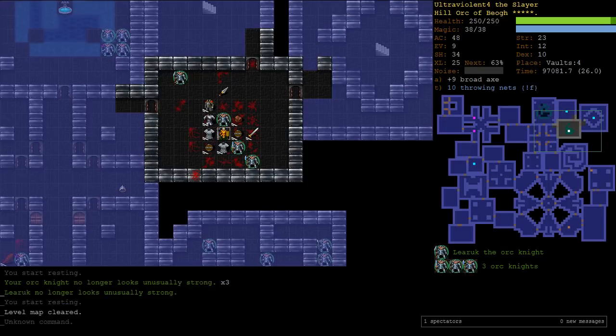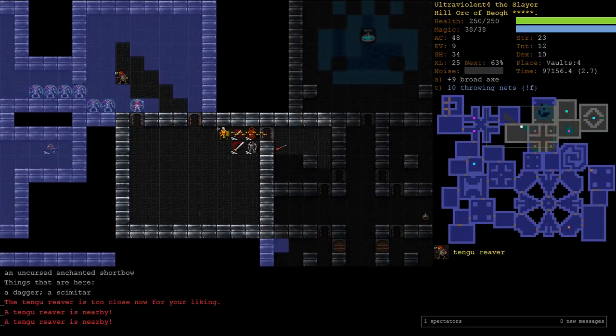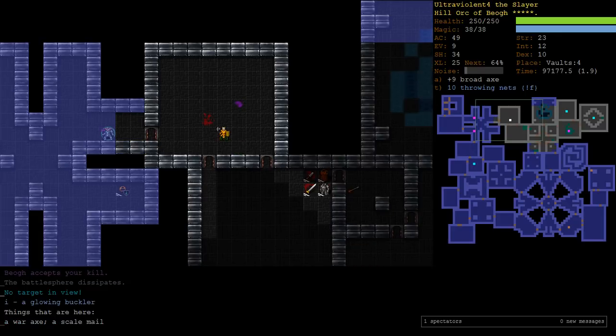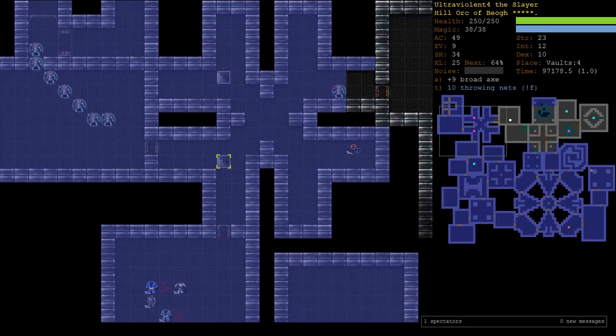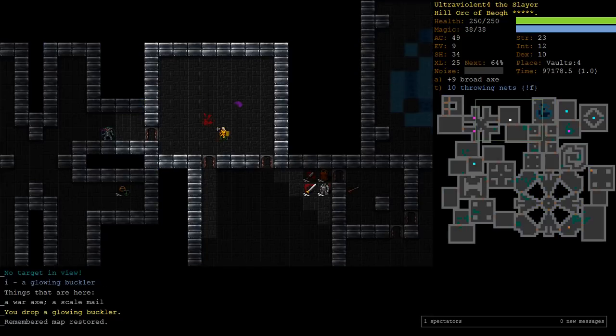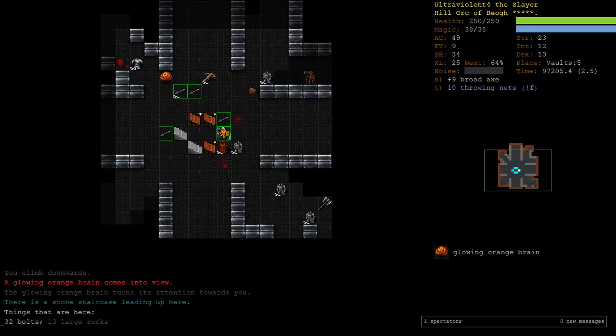Shift X, Control F. That's our distortion friend being annoying. There he is. I don't want him to turn up, even if I'm not worried about us. I don't want him to turn up when one of our orcs is low on HP and then snipe him. Shift X, Control U undoes that. Forget it. And we will continue the stair dancing. There's a glowing orange brain